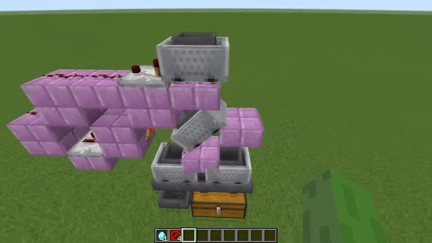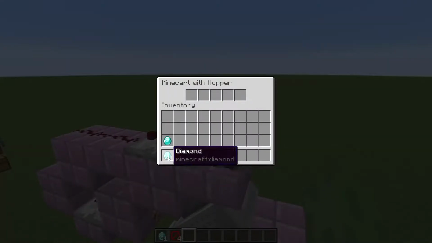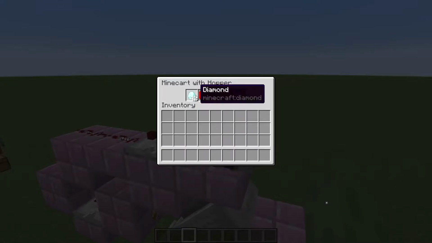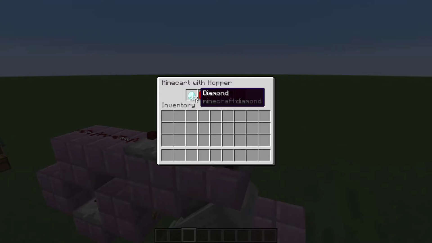Now to set the item filter up, go to the top hopper minecart and in its first slot put 41 of your desired filter items. Then fill the rest of the slots with any stackable and preferably renamed items. If you add 1 extra filter item in, you can see that this filter doesn't work like a normal hopper